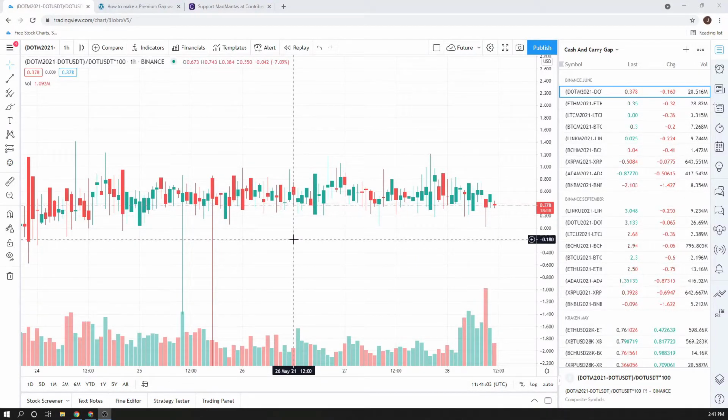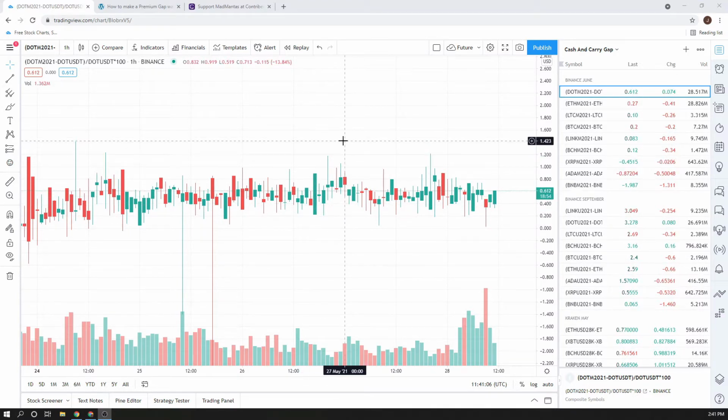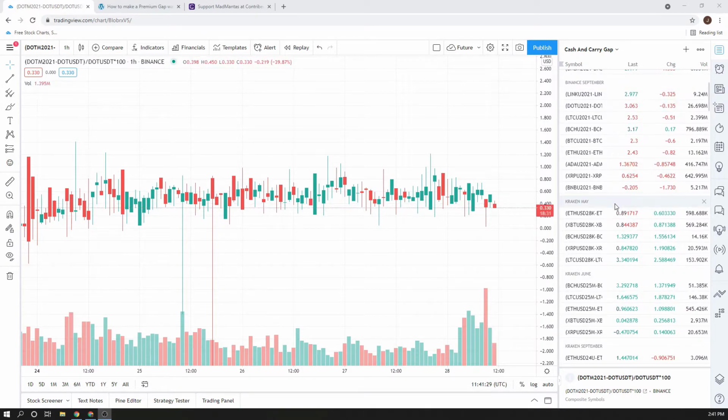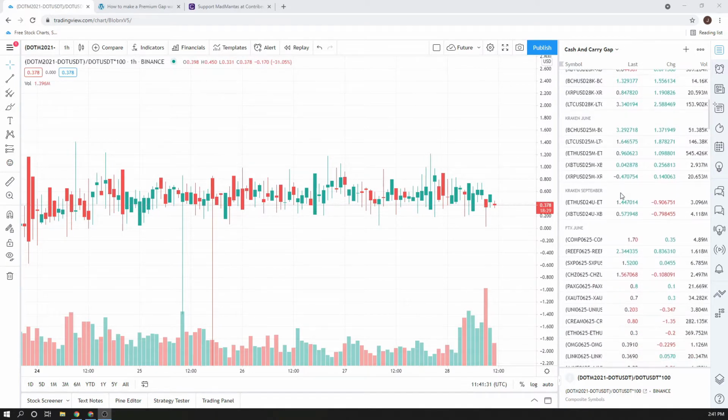Today I would like to talk again about TradingView and how this platform can make your life easier. A week ago I created this watch list to check cash and carry gaps, premiums for different exchanges and different currencies. As you can see, I currently have added Binance, June and September contracts, Kraken, May and June contracts